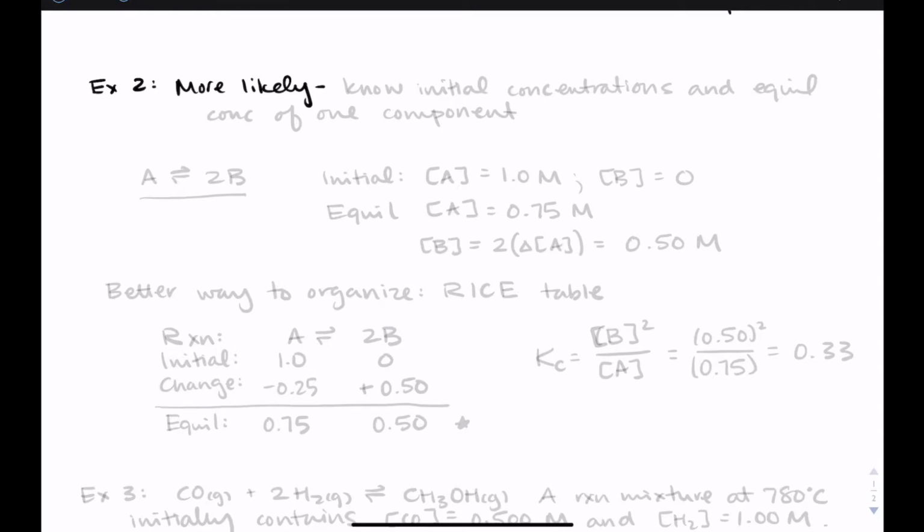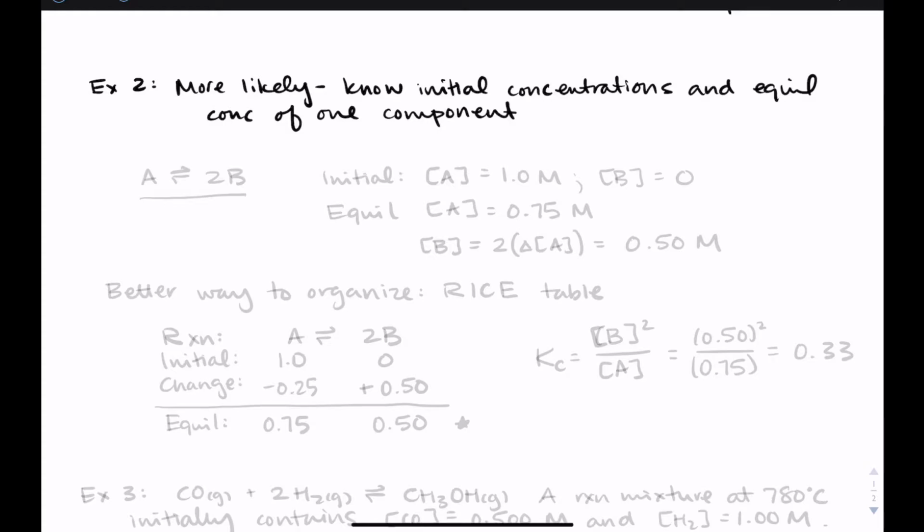Now, what's more likely is that we know the initial concentrations and then the equilibrium concentration of one component. Now, this is still 100% solvable. I think if I give you something that's not solvable, I've definitely made a mistake in setting up the equilibrium problem. So here, if we know where we start and we know some information about where we end, we can still do this exact thing, which is find the equilibrium concentrations or pressures, concentrations here,